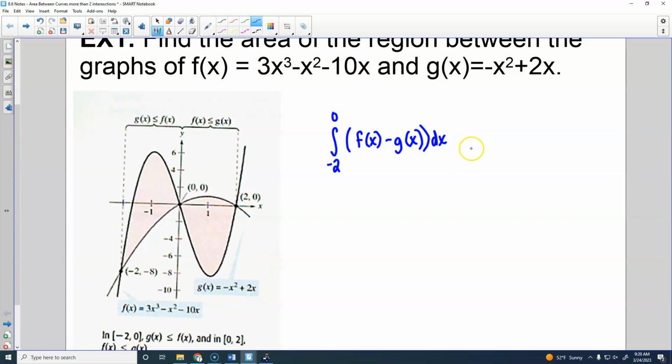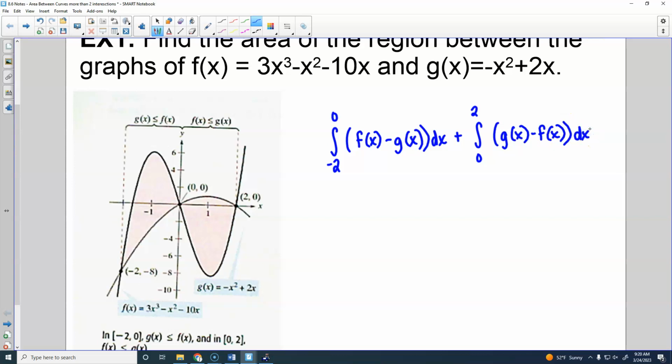Just call it f of x and g of x. It saves you time. It also keeps you from making a mistake by forgetting a negative or something like that. Okay? So we're just going to do -2 to 0, f of x minus g of x. Then from 0 to 2, they're going to switch. So we'll have g of x minus f of x